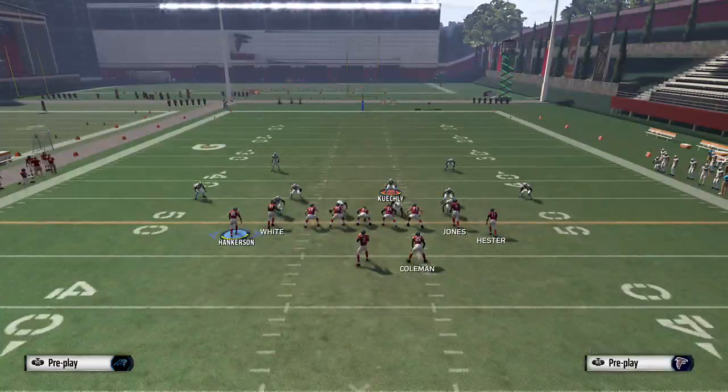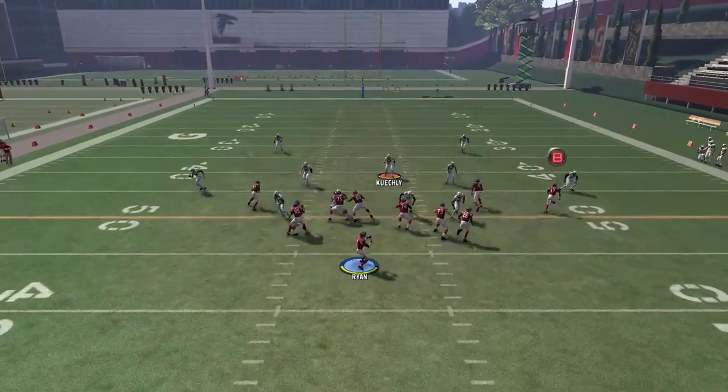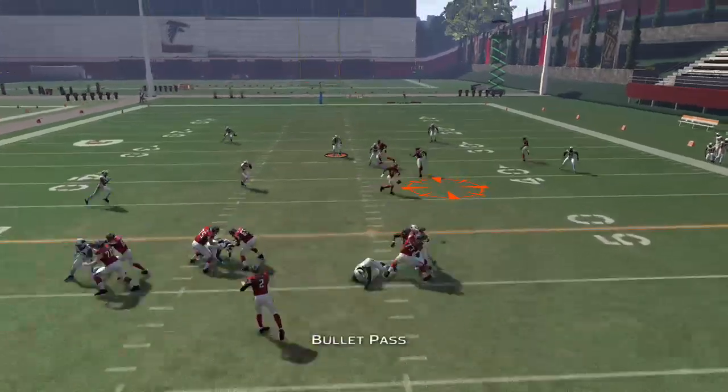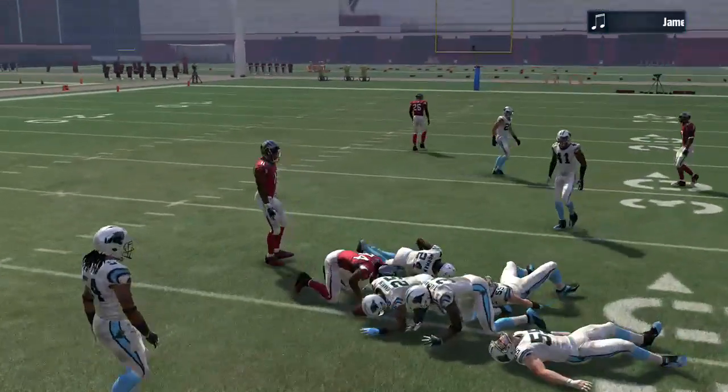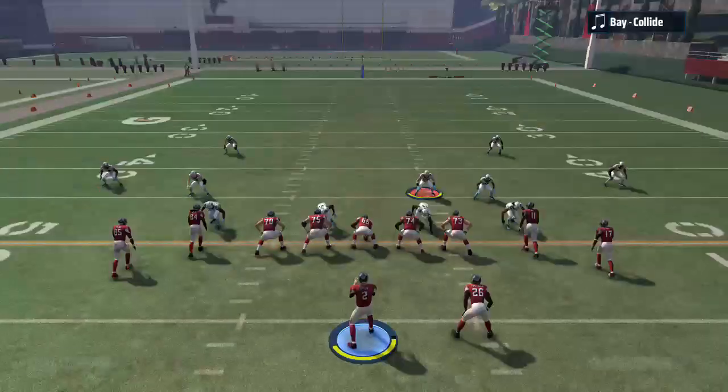And you're going to do the same exact thing here. You're going to move this guy right there, and you can see it gets underneath the coverage, and you're going to be able to get 8 to 10 yards. Now, the reason why it gets underneath the coverage, and I'll show you from instant replay here, is